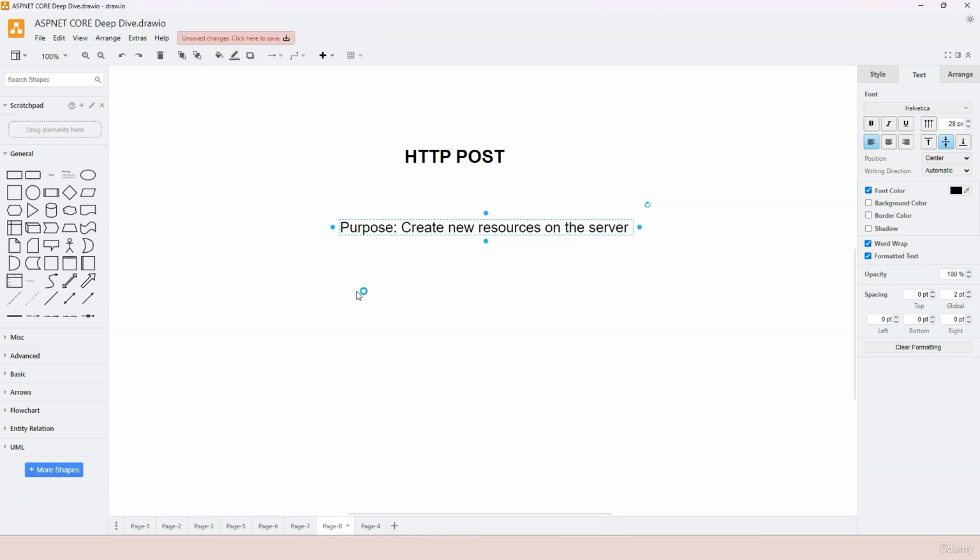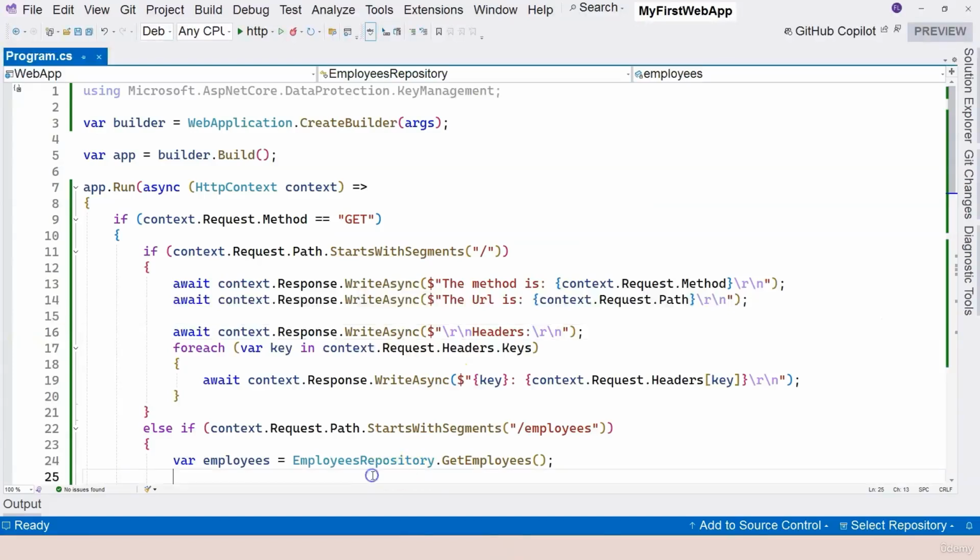So for creating new resources on the server, of course, we need to provide information from the client to the server, information about the resources that need to be created. And typically, that information is provided in the HTTP body, the body part of the HTTP protocol. So let's jump into Visual Studio and create this basic routing in order to route to the correct endpoint